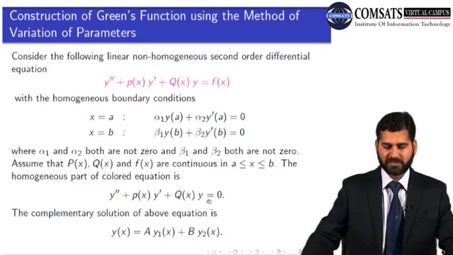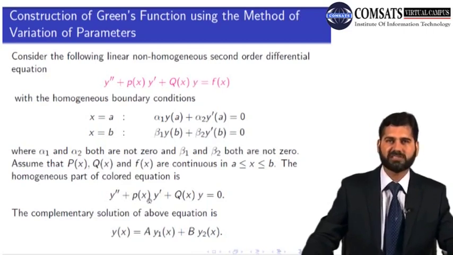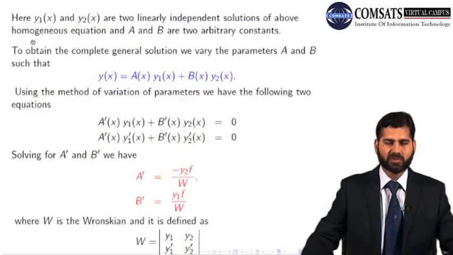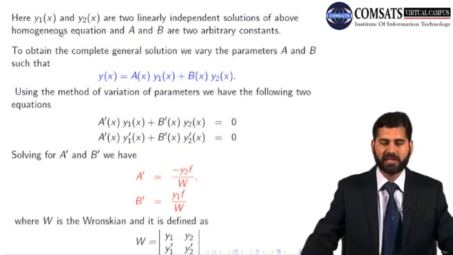Now if we solve this homogeneous equation, its general solution will be called the complementary function of this non-homogeneous equation. So the complementary function is a y1(x) plus b y2(x), where y1, y2 are solutions of this homogeneous equation. For the constant coefficients case, the roots of the auxiliary equation give you these y1 and y2. So here y1 and y2 are two linearly independent solutions of the above homogeneous equation,